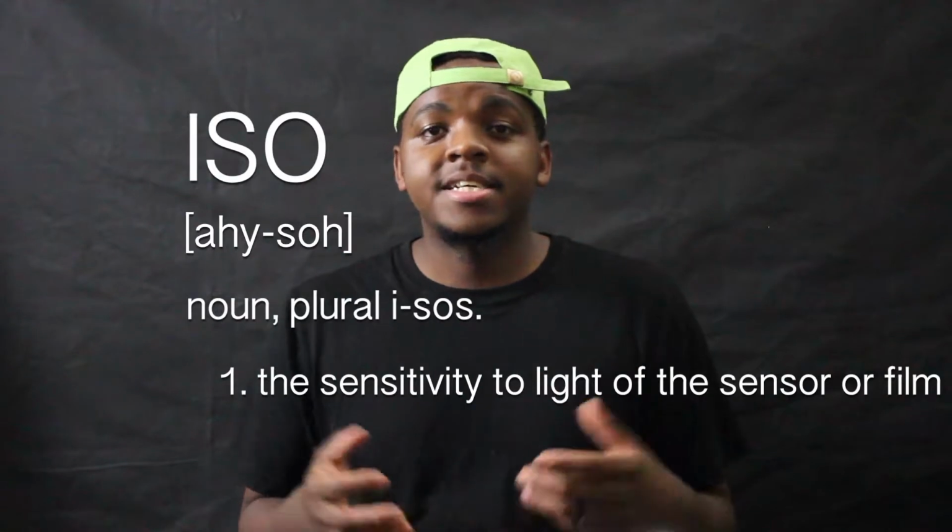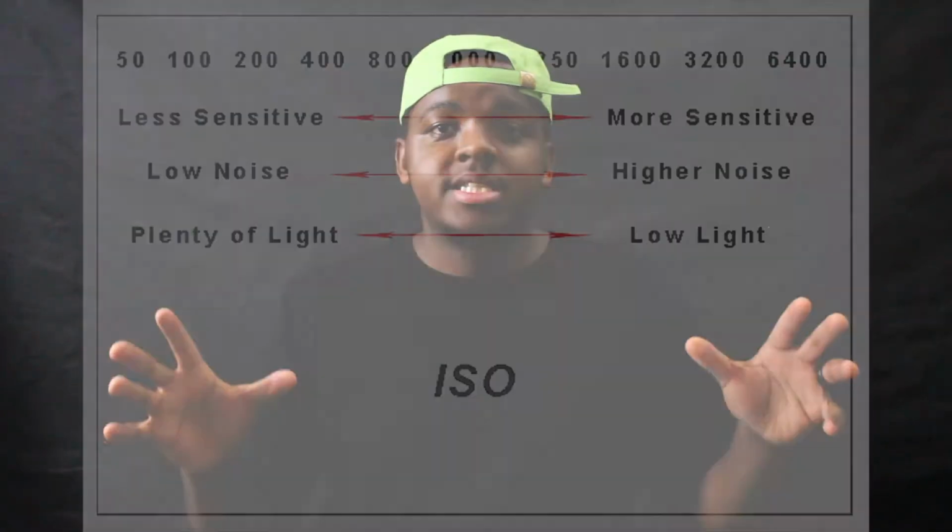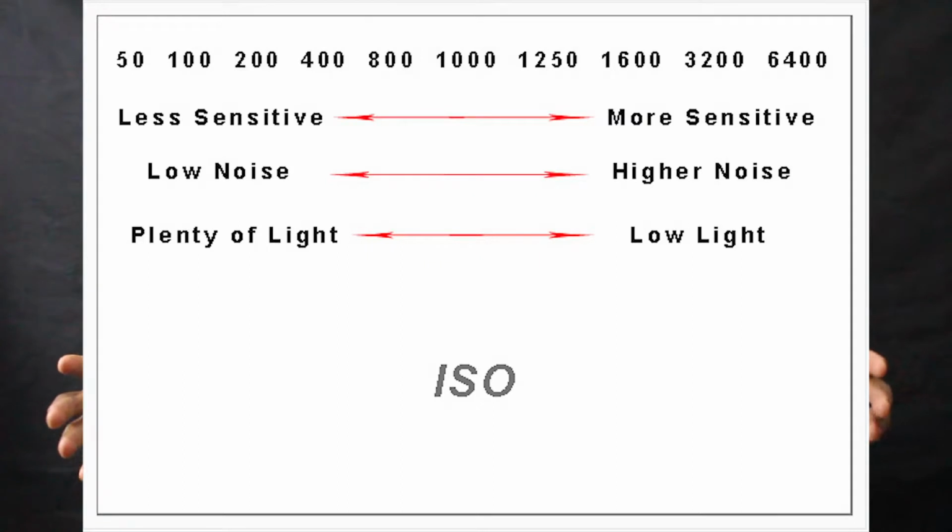I get it. What is ISO? ISO is the sensitivity to light of a sensor or film. It's adjustable in most cameras, most times ranging between 200 to 1600, but some of the higher end cameras can go up to stuff like 3200 and 6400 and 12800. So I'm going to show you guys a chart of how exposure works, and I'm going to explain it to you. As you can see right here,